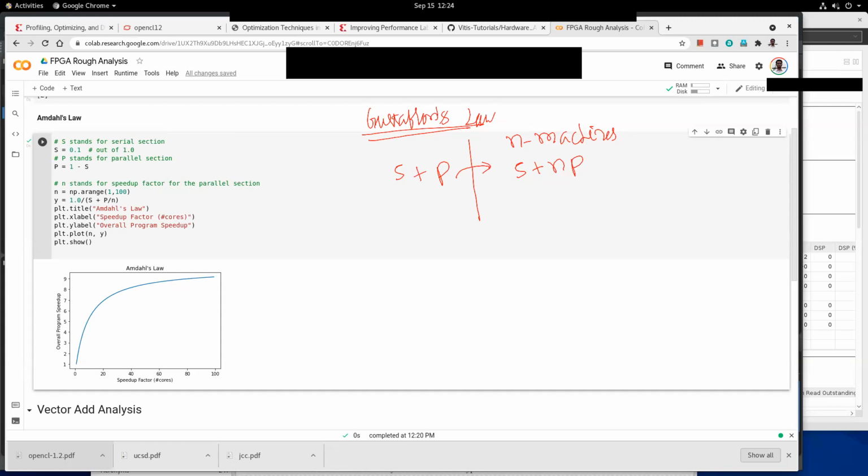So if you look at the scale, it is something like (S + NP) divided by (S + P). This is (S + NP) divided by (S + P). So the scale also increases. Okay, so keep this in mind that we should take Amdahl's law with a pinch of salt,